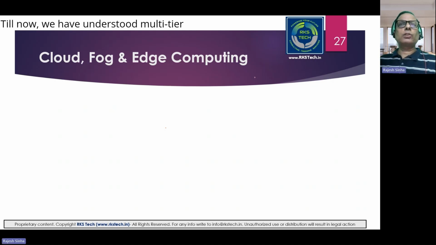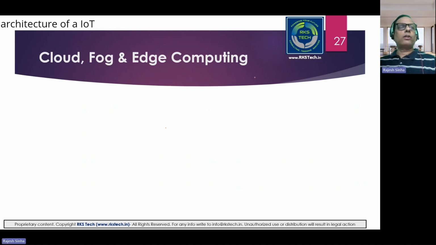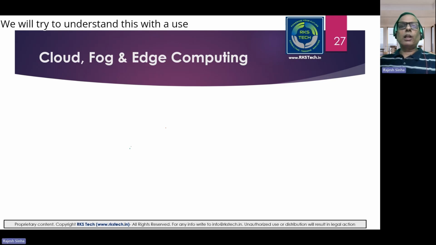Till now, we have understood multi-tier architecture of an IoT ecosystem. Now let's take it one level forward. We will go a little deeper and we will understand multi-level processing which happens in an IoT ecosystem. We will try to understand this with a use case, and in this use case, we will take an example